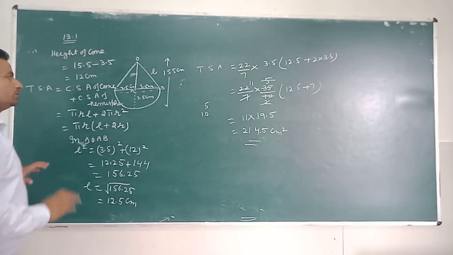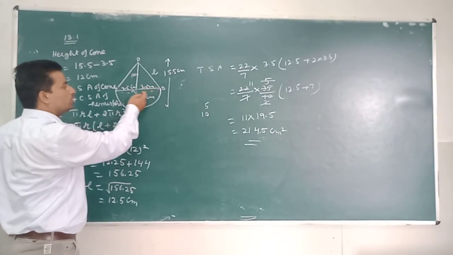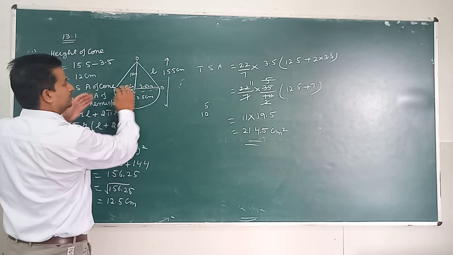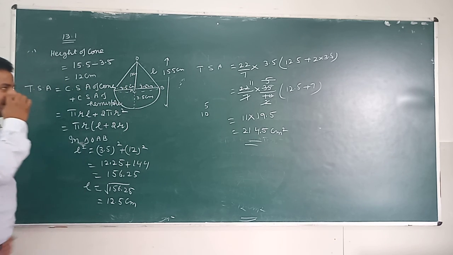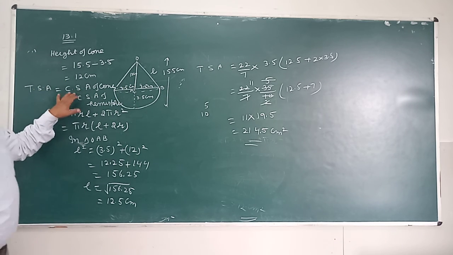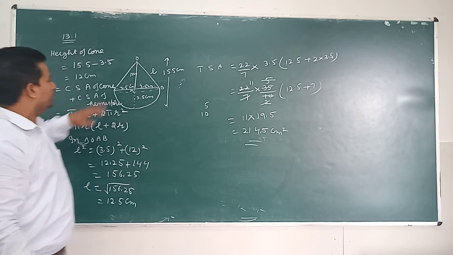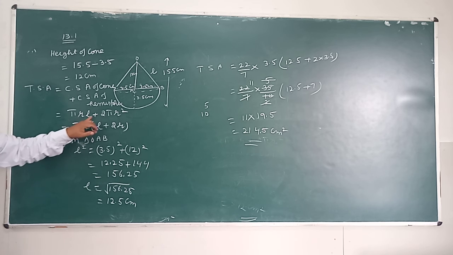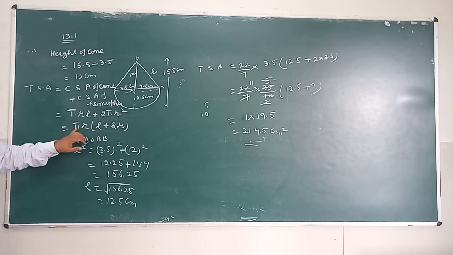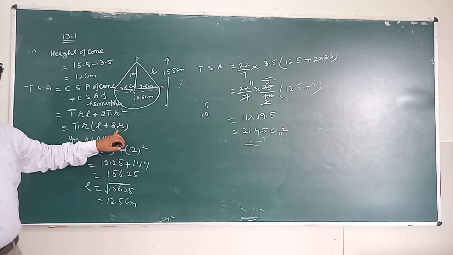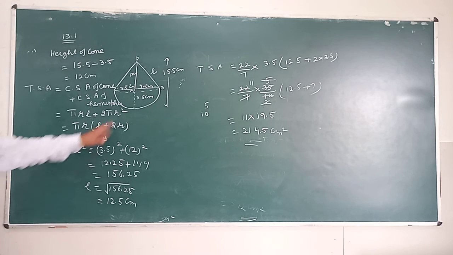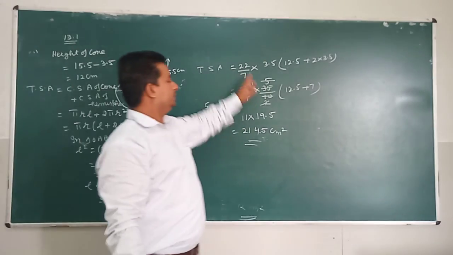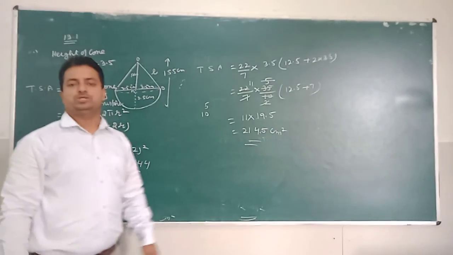So when we find the total surface area, this area should not be added. This means the toy is shaped like this. This dotted lines area is not added. So total surface area is CSA, curved surface area of cone, plus curved surface area of hemisphere. Curved surface area of cone is pi r l plus 2 pi r square. When we take pi r common, this is l plus 2r. First we find l by using the Pythagoras theorem. So l is 12.5 and put the value here, we get the total surface area of this toy.